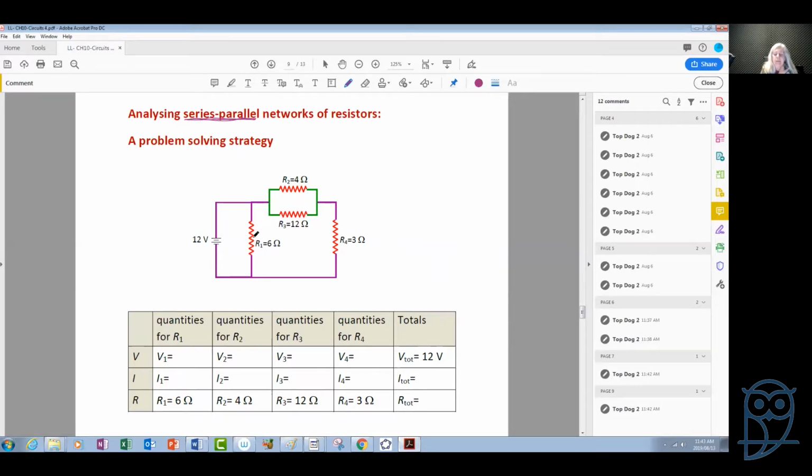So for each and every resistor, we need to know what is the current in this resistor, what is, for example, the potential difference across each resistor, the current and the potential difference and the value of the resistance. We need to have this knowledge for each and every resistor or device connected. And also we need to know about the total values, the total voltage across the external circuit, the total current in the circuit and the total resistance. So in other words, we need to know each and every quantity